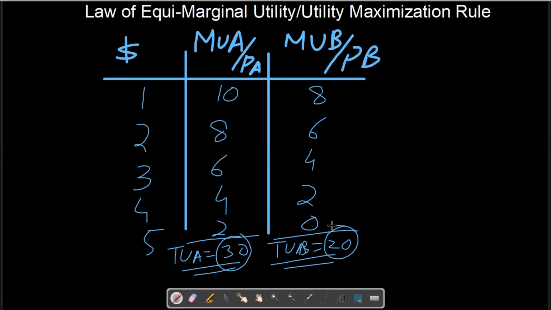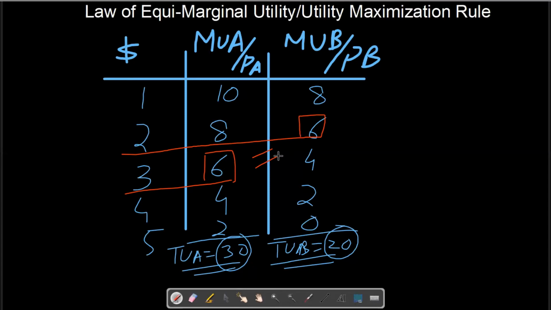However, the utility maximization rule guides him to spend his money income on two products in a way that maximizes his utility. So what is the combination which maximizes the utility of the consumer? For example, as per the definition of the law, if he spends $3 on product A, then the last dollar, the third dollar spent on product A, gives him 6 units of satisfaction. Now he has $2 left with him, and if he spends $2 on product B, then the second dollar he spends on product B also gives him satisfaction of 6 units. So this is the way he can maximize his utility.